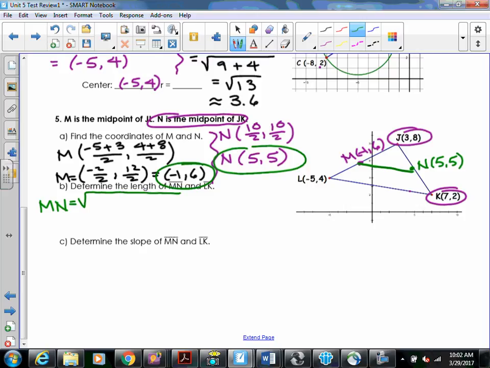X2 minus X1 squared plus Y2 minus Y1 squared, just like the one we did in number 4. What's M and N? They want the length of segment MN, so we use the endpoints of that segment. My second X value is 5, so I'm going to have 5 minus the first X value, which is negative 1. So 5 minus negative 1 squared plus, do the same thing with the Y's, 5 minus